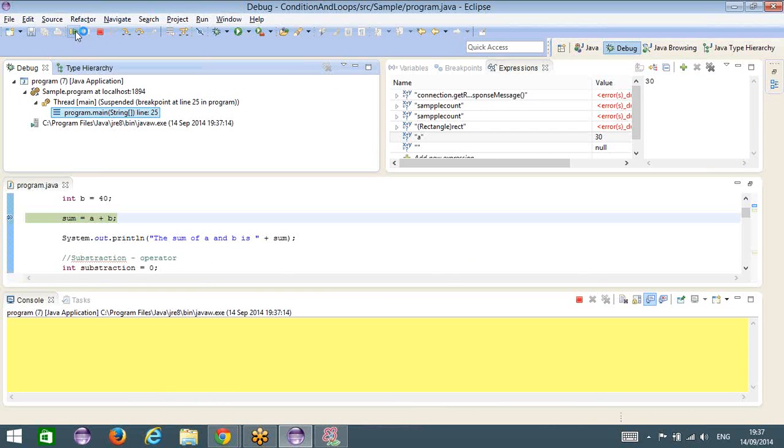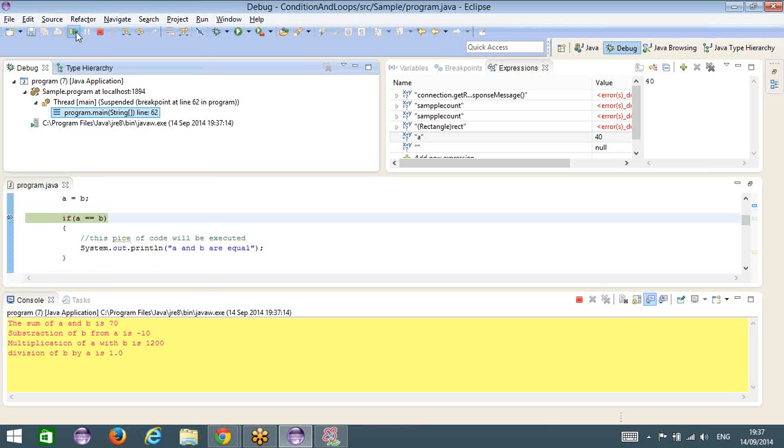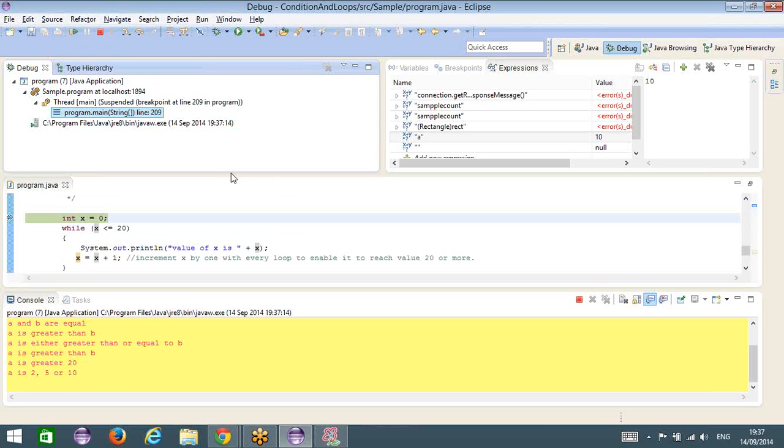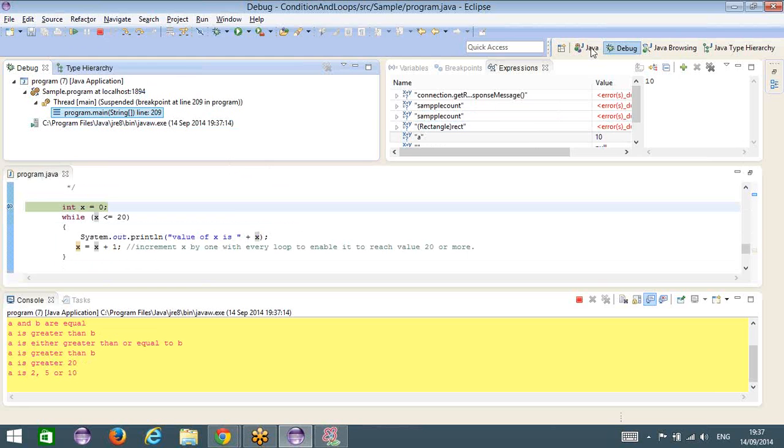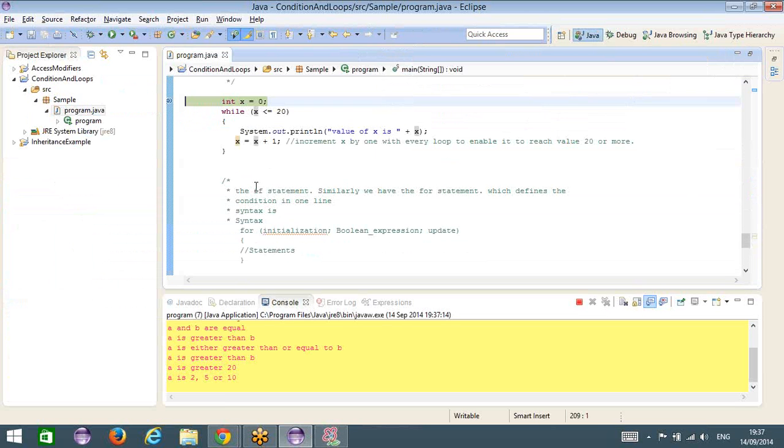It reaches the first breakpoint, it reaches the second one, and it reaches the third one, and yes, it reaches the fourth one. I will change perspective, and here we are. So we see that the program is right now at this point, and it executes the first statement, which is